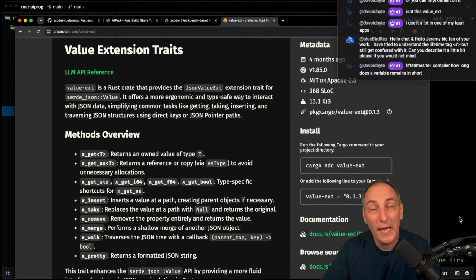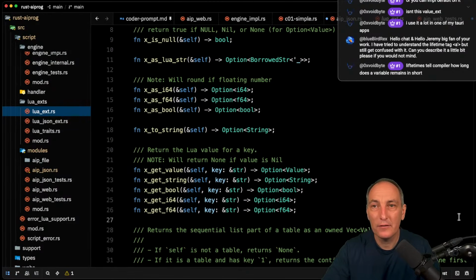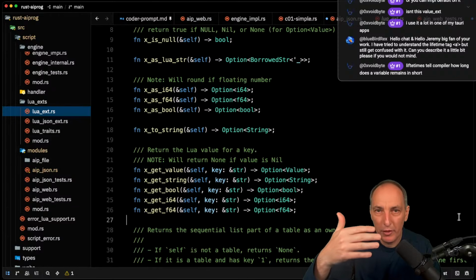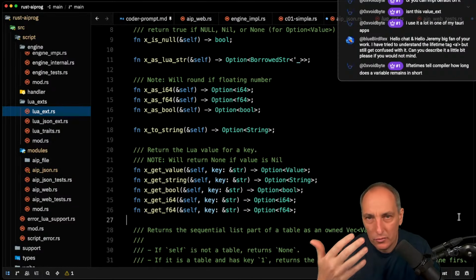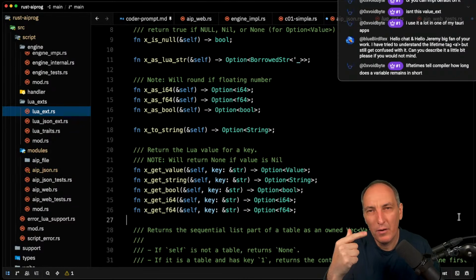Now, one of the things here, and it's not the fault of the compiler, is that the compiler can only know and trace so much. So when you really know what you're doing, you can say, well, the compiler thinks it cannot trace it, but I know I can trace it. And that is where you have the